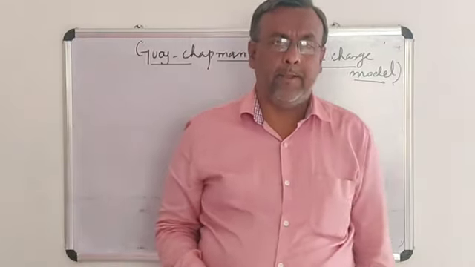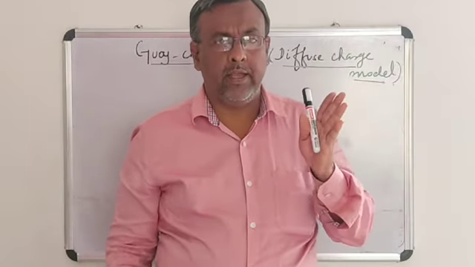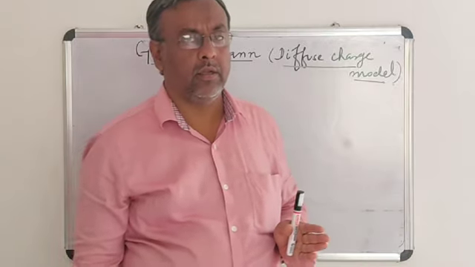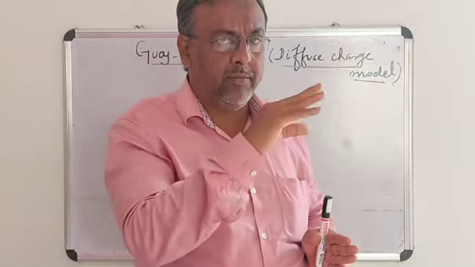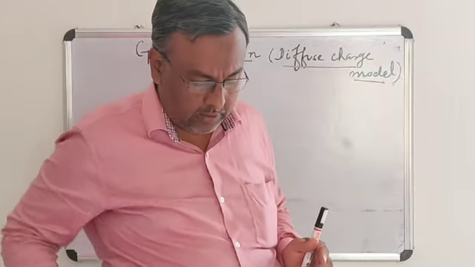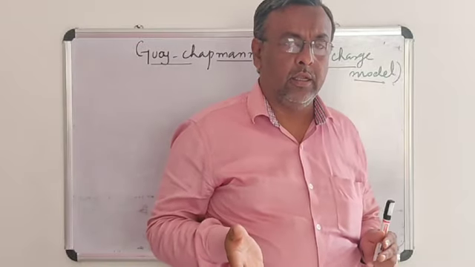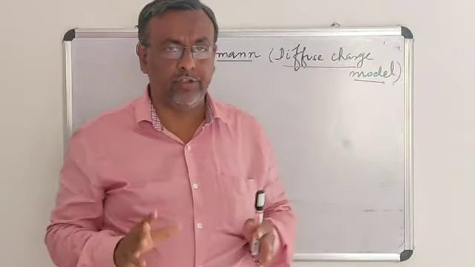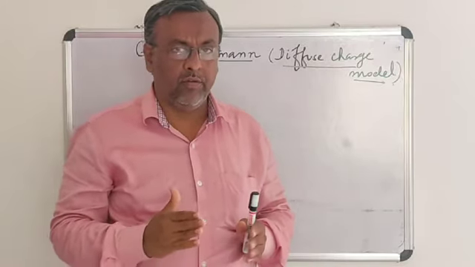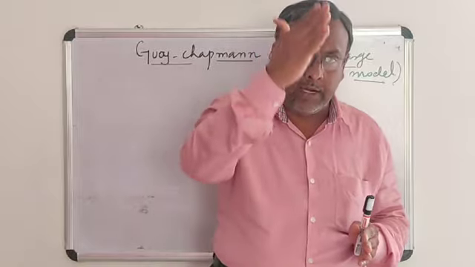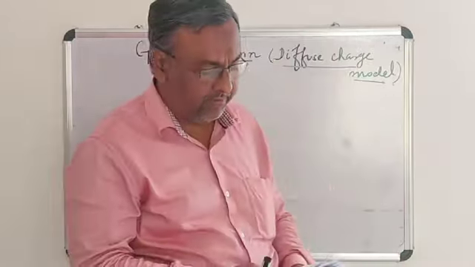According to this theory, there is an electrode metal plate. Parallel to this, there are liberated ions. The liberated ions in the solution, okay, liberated ions in the solution, form a parallel sheet over the electrode metal. According to this Gouy-Chapman theory,